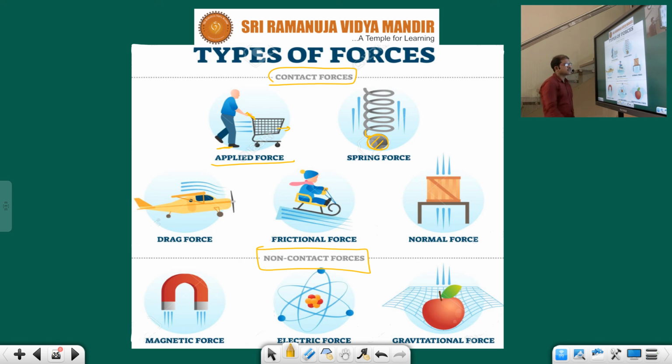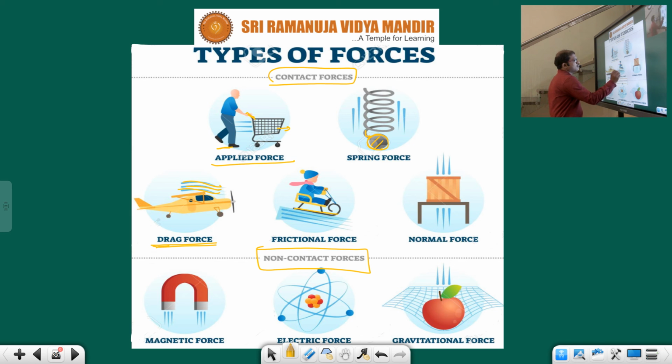So spring force. And when see here air, I said one example yesterday. When you are running, you can feel some opposition due to air. That opposition is nothing but what? Dragging force, drag. When any plane or helicopter moving in air, there will be opposition for those vehicles due to air. That opposition is nothing but what? Dragging force. So here the tire is touching the airplane or helicopter. Clear now? So there is physical contact.